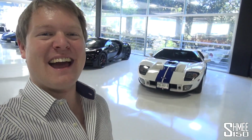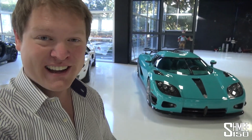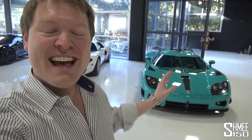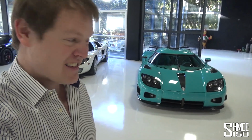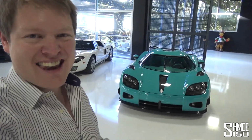Having brought it down to the garage today, this is Don Koenigsegg's Koenigsegg CCXR Special One. He's very kindly brought it to Don Huayra's collection for me to be able to see the car again, a car that if you've been following the channel for a while, you will know is incredibly significant to me for many reasons. If you go way back to almost the beginning of my YouTube channel, 2010,